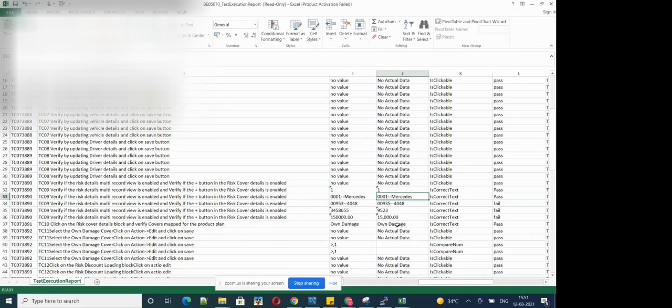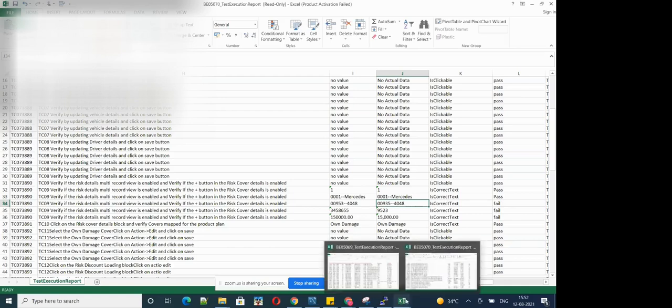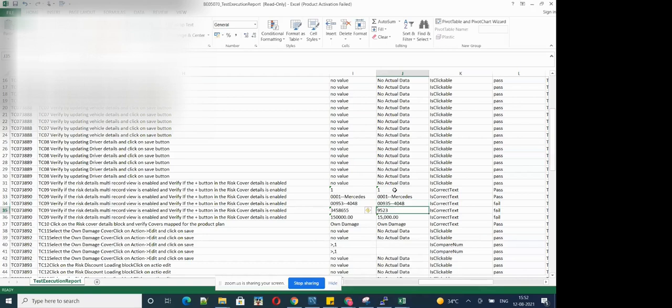So here it is matching, hence it is pass. And in this one, deliberately, instead of 5 3, I've mentioned 3 5, so it is not matching, so it failed. Similarly, you can put whatever expected data in your input file. And then the system will retrieve the values from that field, and then try to match with the